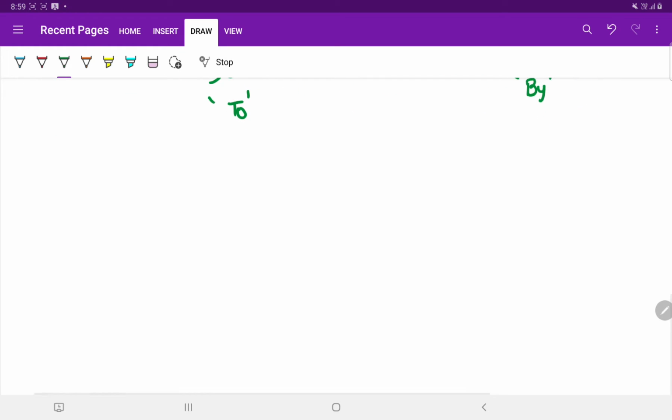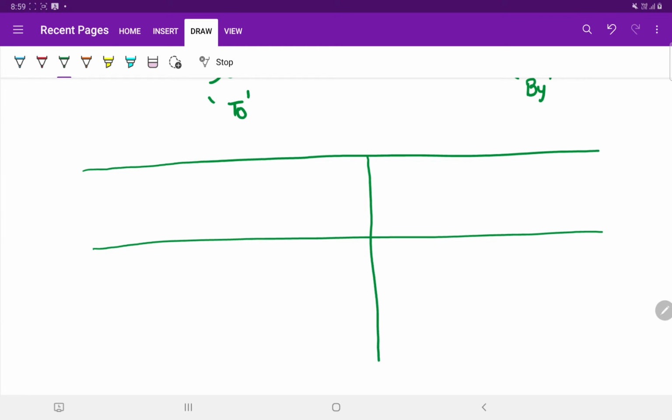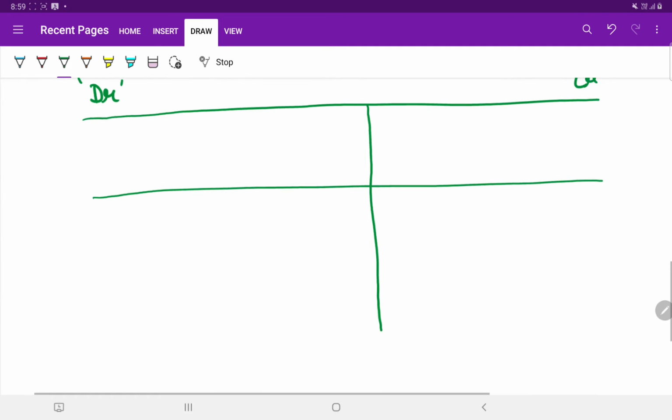Now, I am drawing here the format for a single column cash book. So, generally the cash column is divided into two parts by a central vertical line. So, let us divide into two parts from here. The left side is for debit entries, so the word DR will be written over here, whereas the right side is for credit entries and the word CR will be written here.